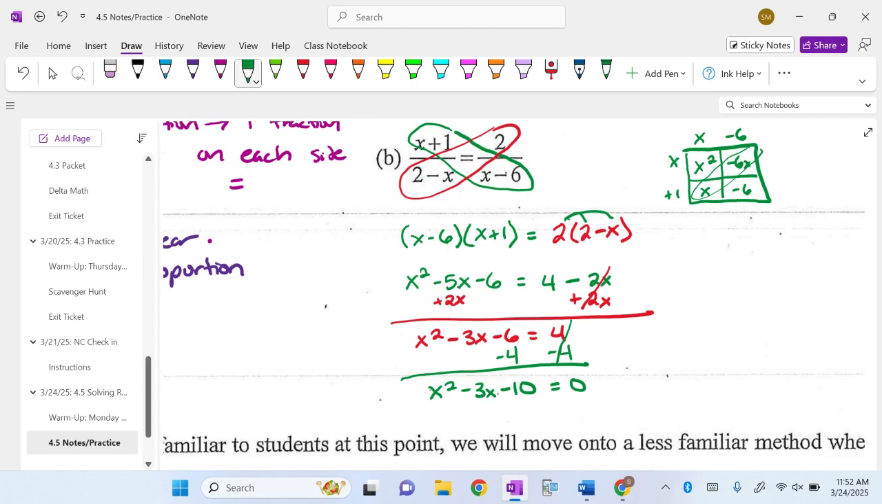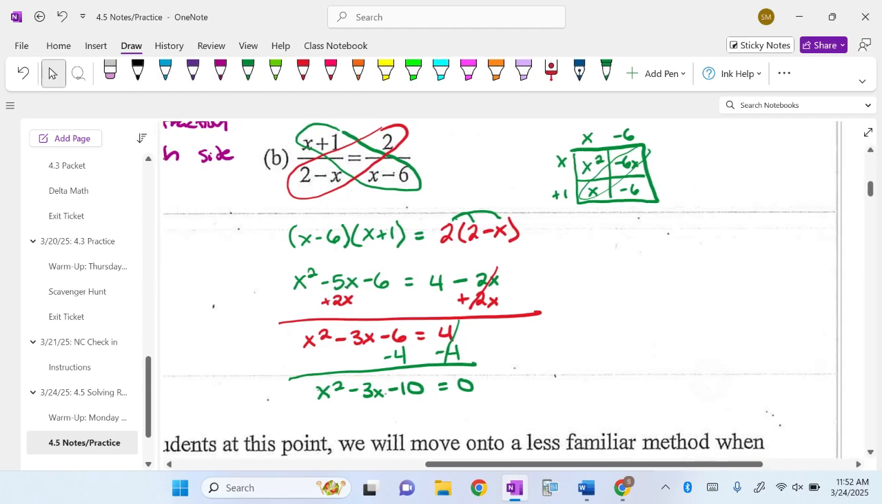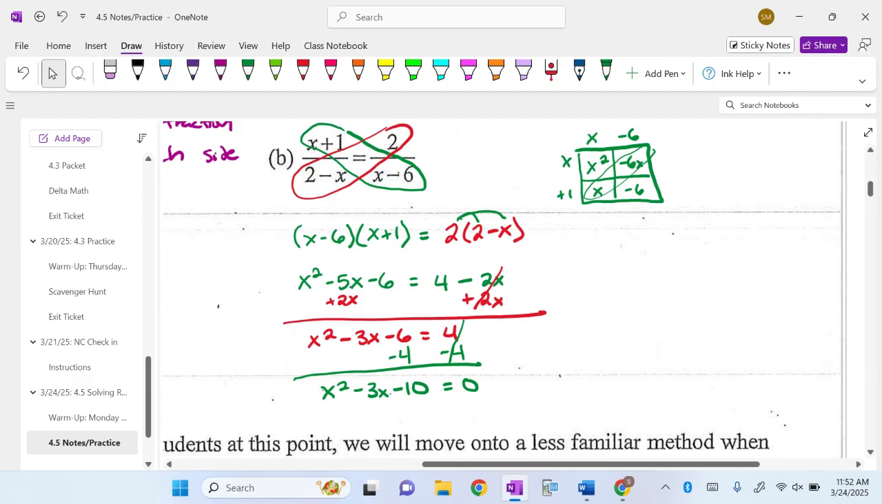Now, from here, there are two ways to go about this. All right. The easiest way is to check to see if that quadratic factors. Because if it factors, it's really straightforward. If it doesn't factor, you got to use the quadratic formula. So just to note so that you have it,